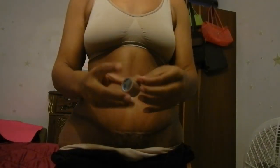And at this point, I put back on the tape, which I do, because this tape actually helps to flatten out the scar and reduce the appearance of scars. And I believe that around 2 months or so, I probably won't even really see a scar. I'm hoping. But I do plan to get a tattoo covering it. I want barbed wire and roses. So later on, maybe I will cover it up and you will see. Anyway, so I'm going to take my tape